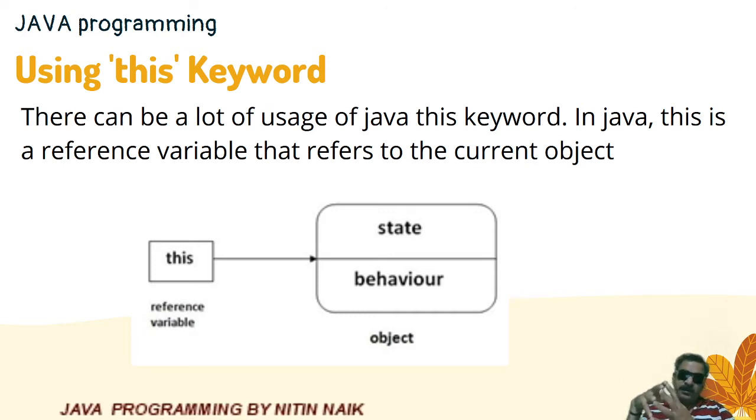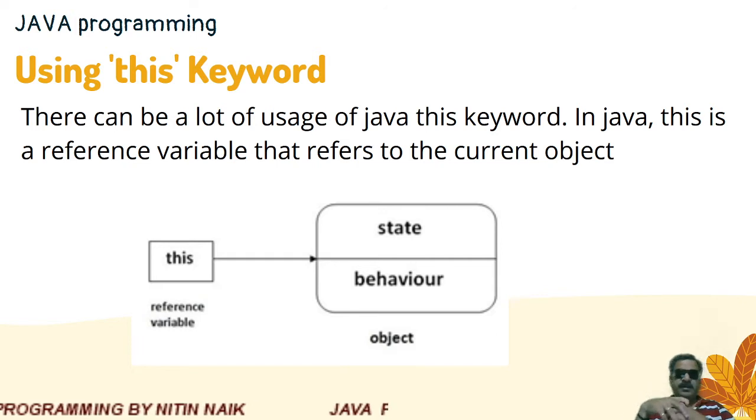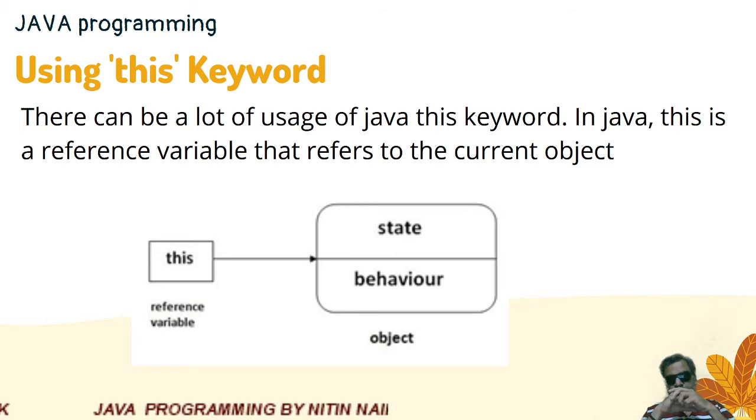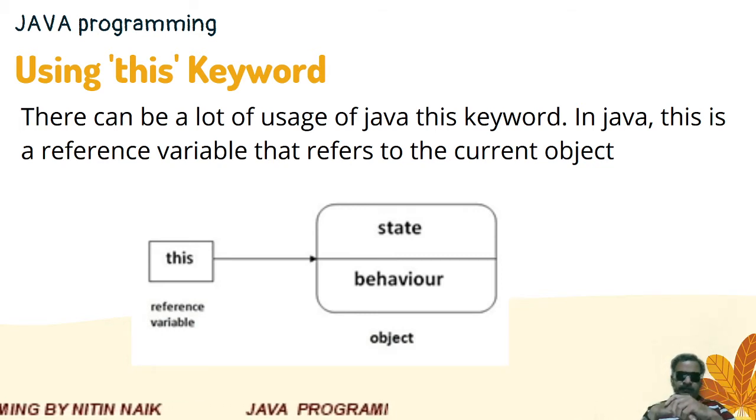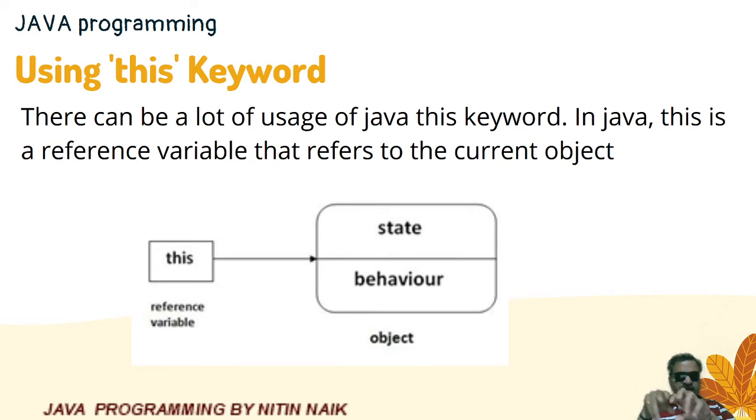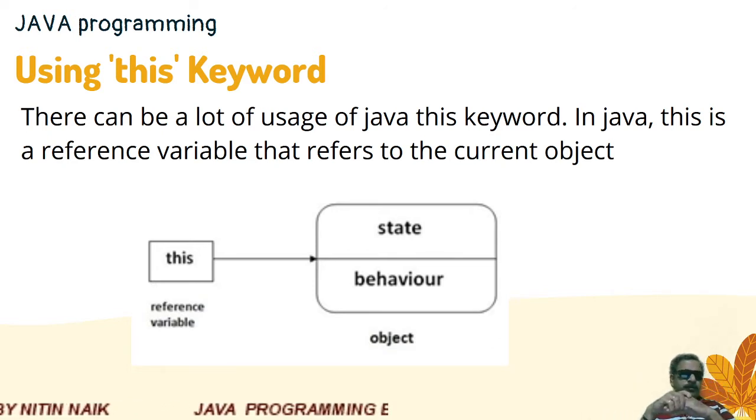Now as a variable, we said that it is a variable whose value is changed, but you cannot give a particular name to this variable. Java has already given the name, that is this. So it acts as a pointer to the current object. So what is the use of this reference variable? Whatever current object is in process, what is its state and what is its behavior, meaning you can process member variables and member methods of that class by using the this keyword.